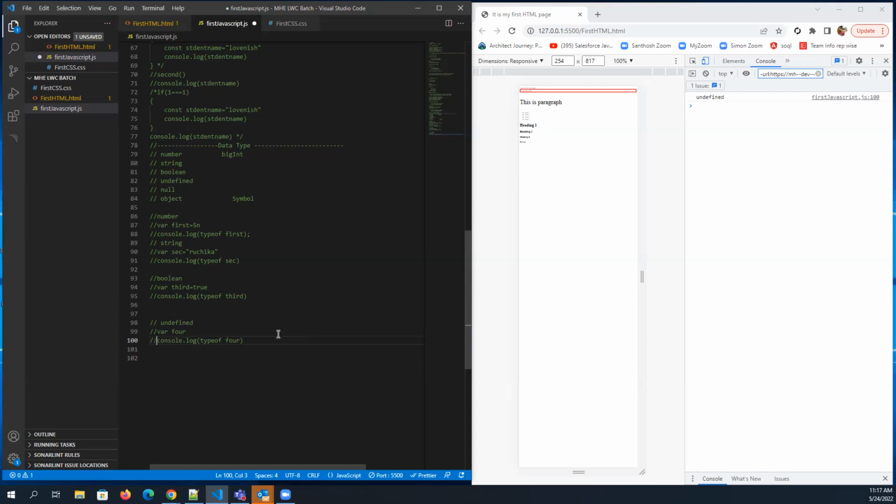What is next? Null. Null is also very important, and you will generally compare it with undefined. We'll have a 5-minute session to check the difference between null and undefined. So let's say I have a variable, var fifth, and I'm not keeping it undefined. I'm just assigning a value called null to it. Null is nothing, right? So if I use console.log,